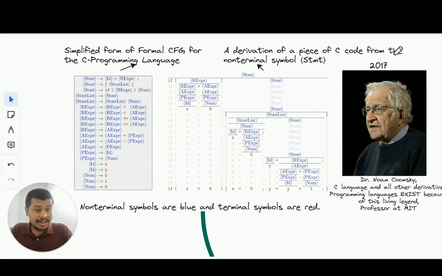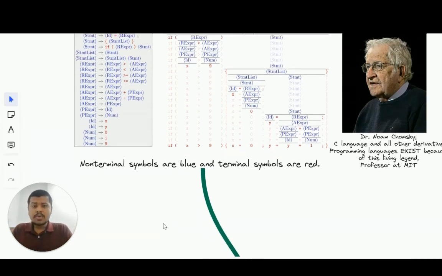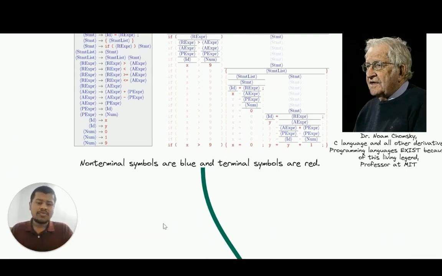So this guy literally changed the world with his own invention of context-free grammar, the first type of NLP system to ever exist, right? And he made even programming language processing possible. Fine. With that done, now I think you would have got an overview of what this CFG looks like, what it is used for, how it works, and all of that. Now we'll see an overview of the characteristics of CFG.